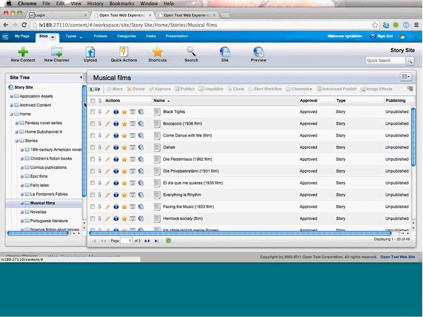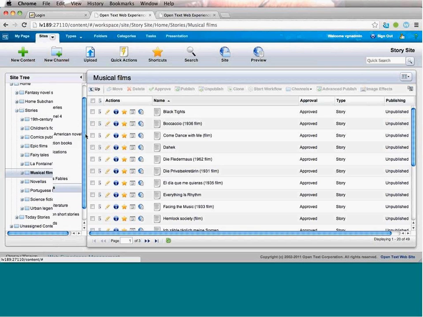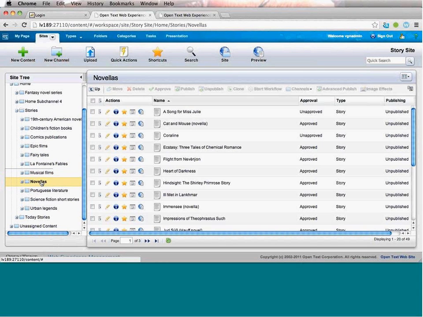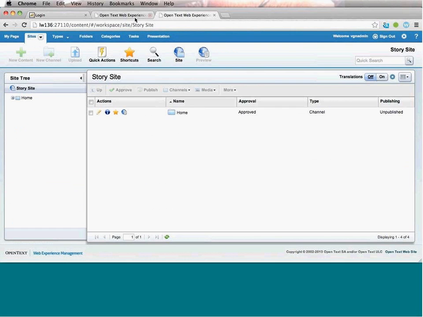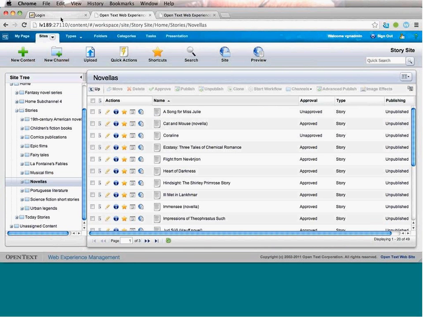We have different content from books with the title, the description of each of the books, and organized stories. We have musical films, fairy tales, ballads, different types of textual and literary content. We have the 8.5 instance where we want to migrate the content to. Let's move to